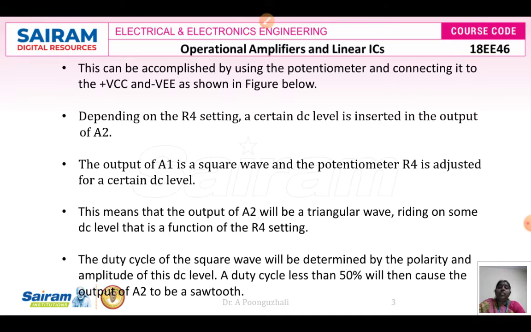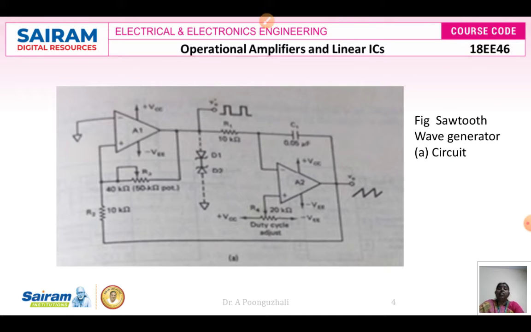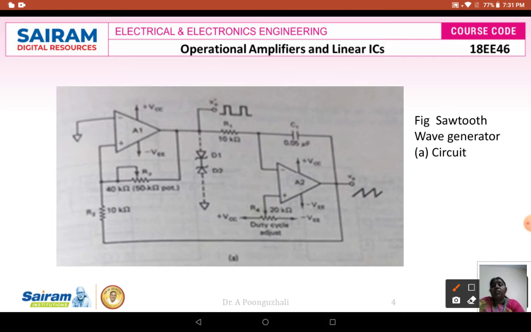Now we will see how we get it. This is your sawtooth generator, where you have your output voltage. This is your square wave generator. This is the voltage, as usual from the previous triangular wave generator circuit, this is your VP, and this is the voltage at the non-inverting terminal. I am going to take this as V01. V01 is whatever voltage I get at the non-inverting terminal; the same voltage I will get at the output.